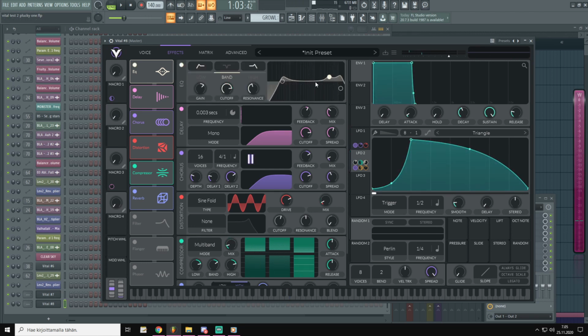This filter movement is really crucial for the growl based sound. It will emphasize the vowels in the sound, so be sure to do that. Then let's drag down voices and you can play with the spread knob. Now let's